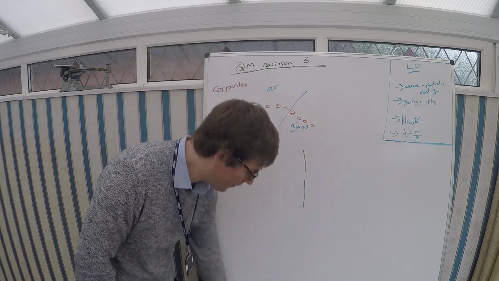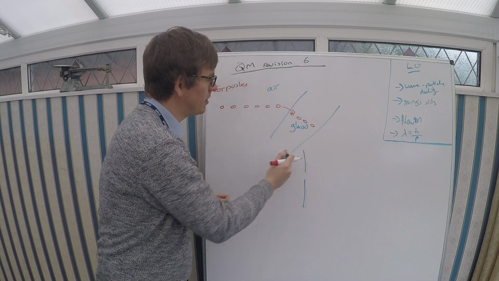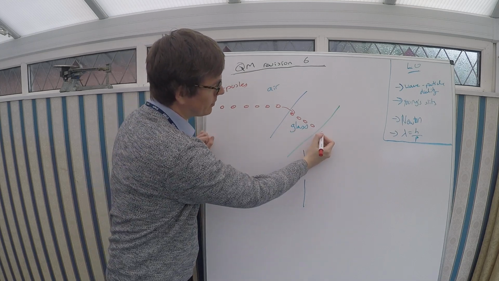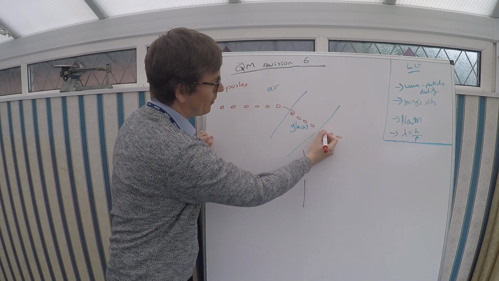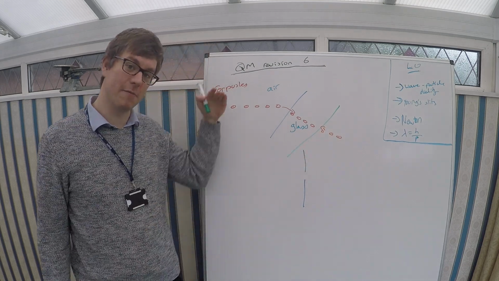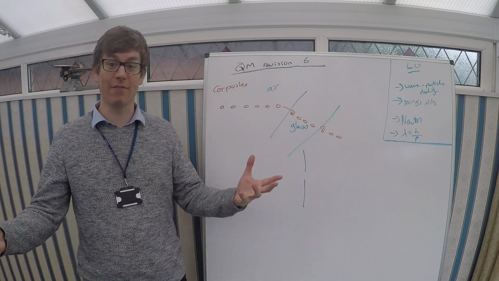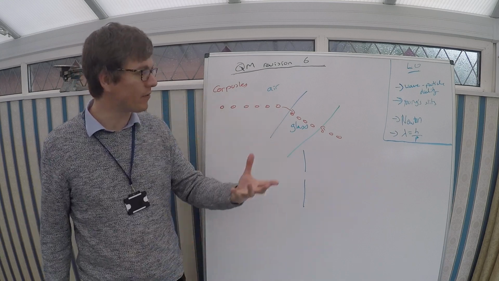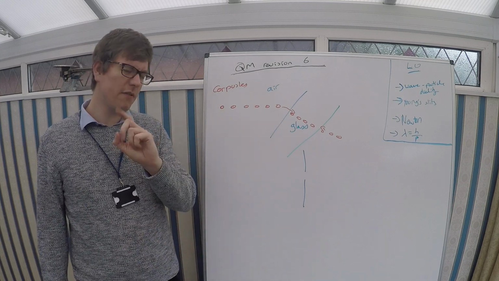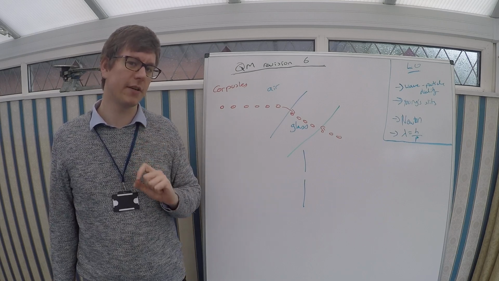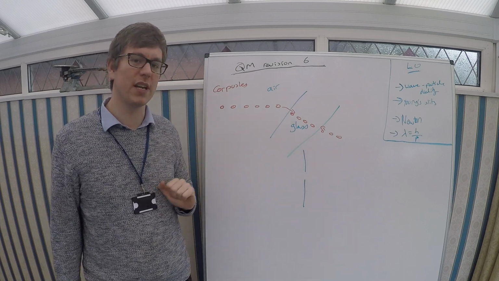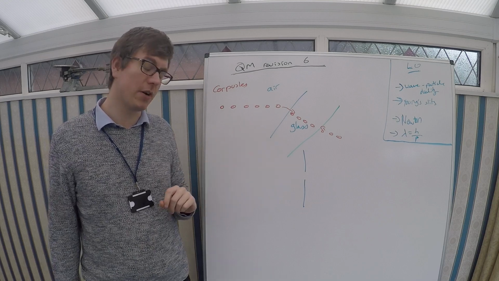And then when they left the glass on the other side, the glass would still be pulling them towards it, and that would bend them the other way, because there's a force still towards the glass, so it would bend in and bend out. And thus, he thought, well, hey, I've got it. I've worked it all out and explained refraction. There is however a problem to this. Just pause the video, you can work out how you think in sort of 1800-ish they might have shown this was wrong.